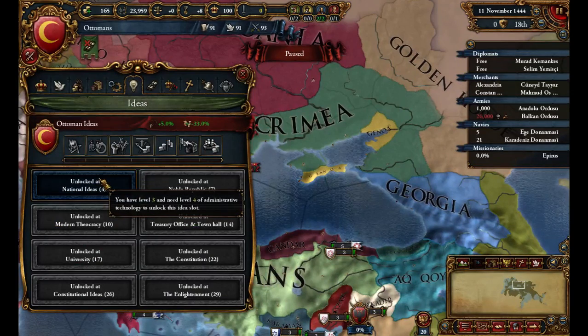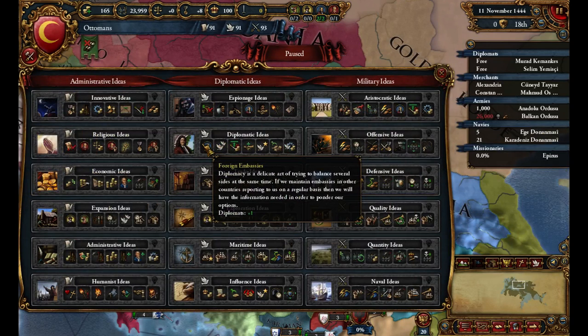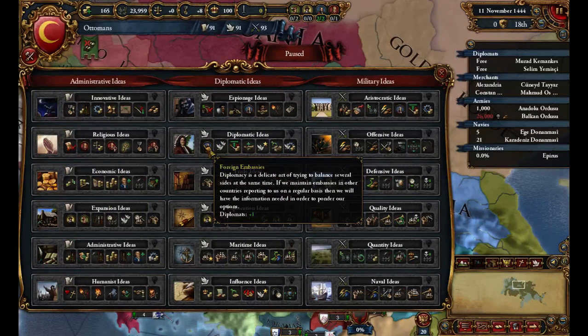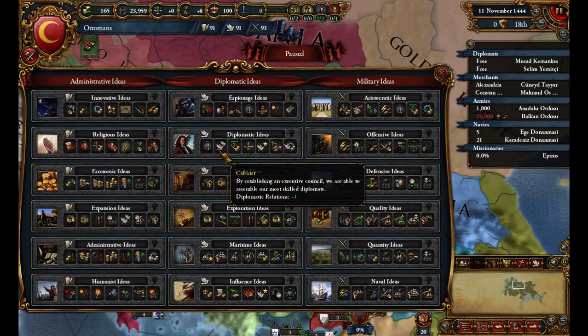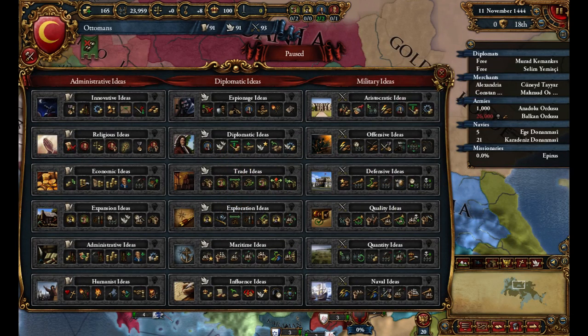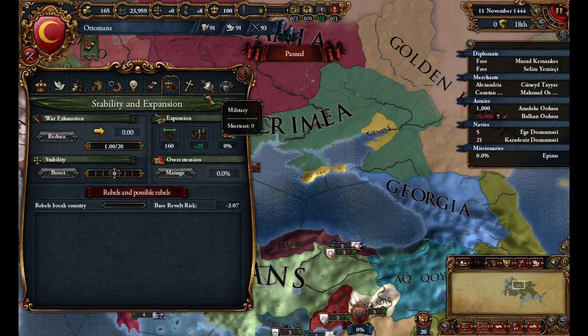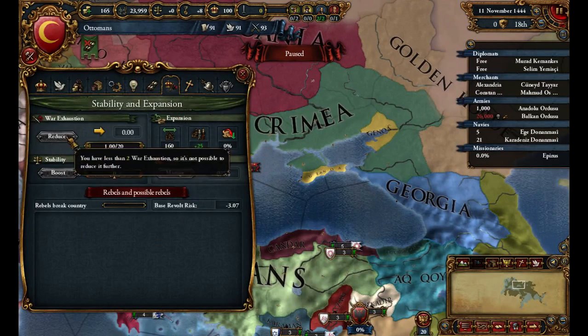Ideas, once you unlock them, you can just look at this mess. You pick a group, and you start putting points into it, your monarch points into it, and you can buy things like more diplomats, better diplomatic relations, etc. There's a lot to look into. Missions we already did. This here, we can check on our...